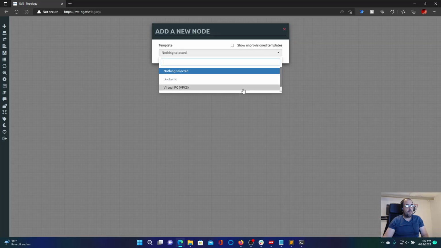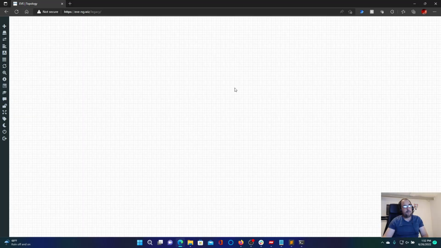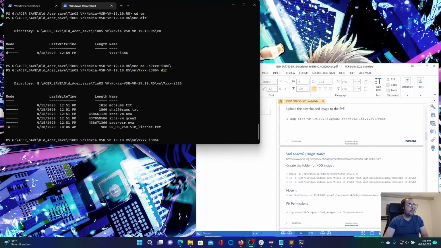So right now we only have a couple of VMs in this Eve instance, and I would like to add the Nokia Virtual Service Router to this instance. Virtual Service Router is not a free product, it's a paid for product that Nokia offers, and so any licensing and obtaining the files needs to be done through the proper channels. I work with Nokia routers, and my image was provided to me by the Nokia sales representatives. So